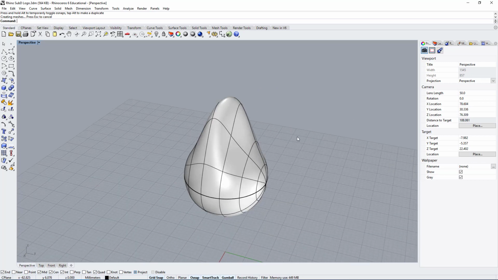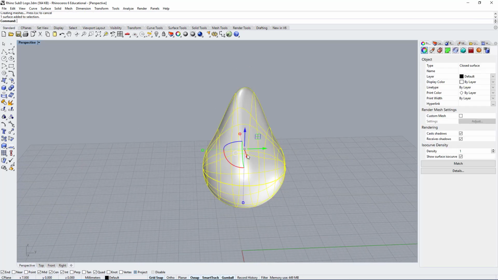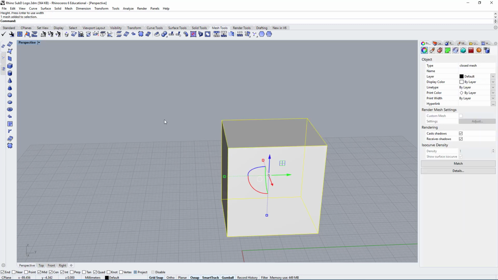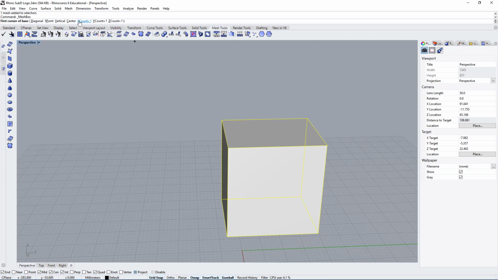Now, there is another way to do this type of organic shape, and it would be by using mesh. If we go to the mesh tool, here you have a few primitives. Let me go over the mesh. This is really interesting. You can do a mesh such as a box, and when you click on a box, it asks you how many points you want for the X, Y, and Z. In this case, I have one for each, but let me show you what happens if you do 2.